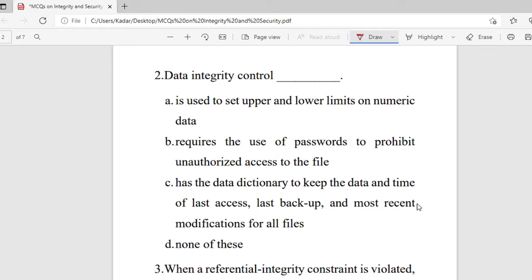So the right answer is option B. Data integrity control requires the use of passwords to prohibit the unauthorized access to the file.